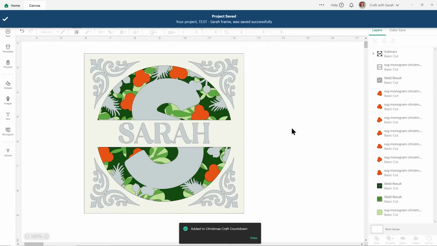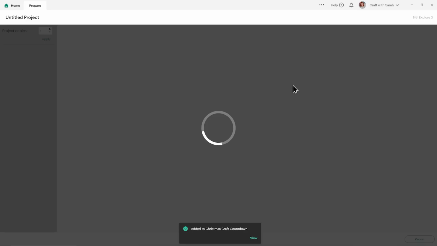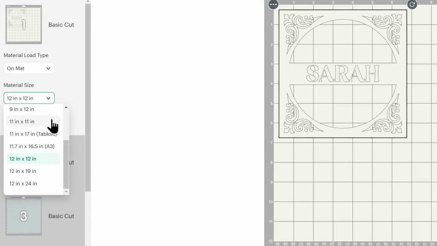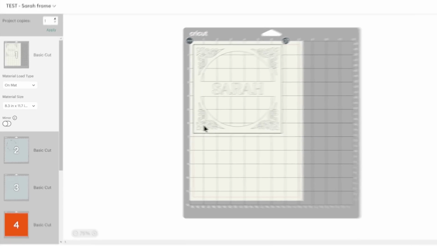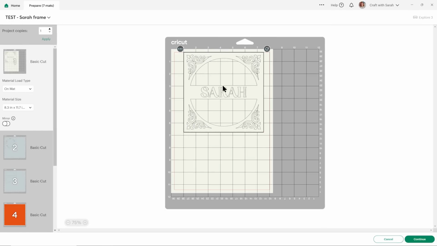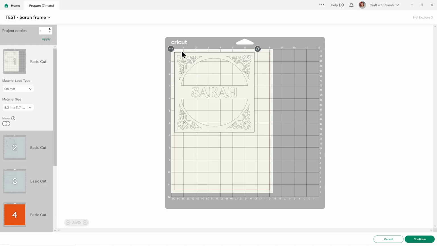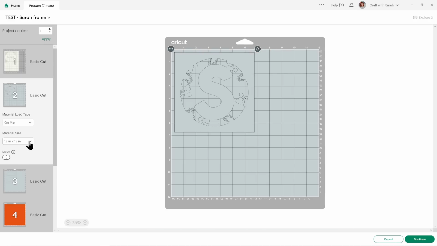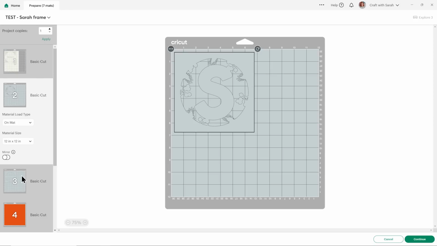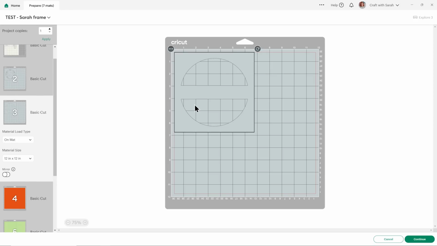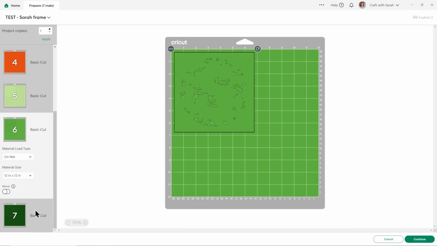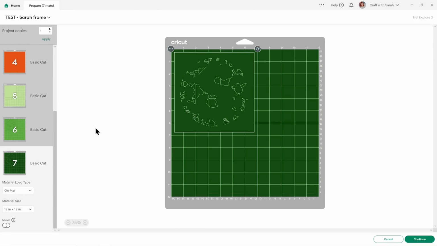Now it's ready to be cut out. Press Make over on the top right and that will separate out all the colours for you. You can change the paper size in the drop down. And then if you want to, you can move things around. It doesn't really take up less space because it's a square, so it doesn't matter where you put it, it's always going to use the same. You might end up needing 2 sheets for the grey. I used a silver instead of a grey for a little bit of Christmas sparkle because there are 2 layers on that one. And then all of your greens are also going to cut as one single square.